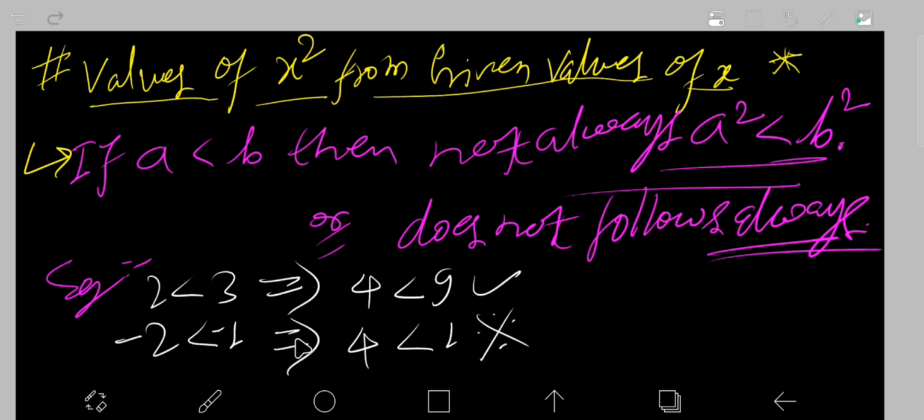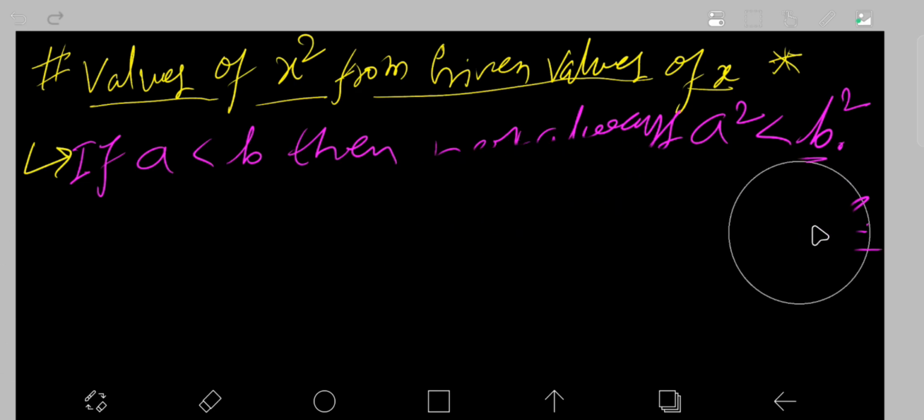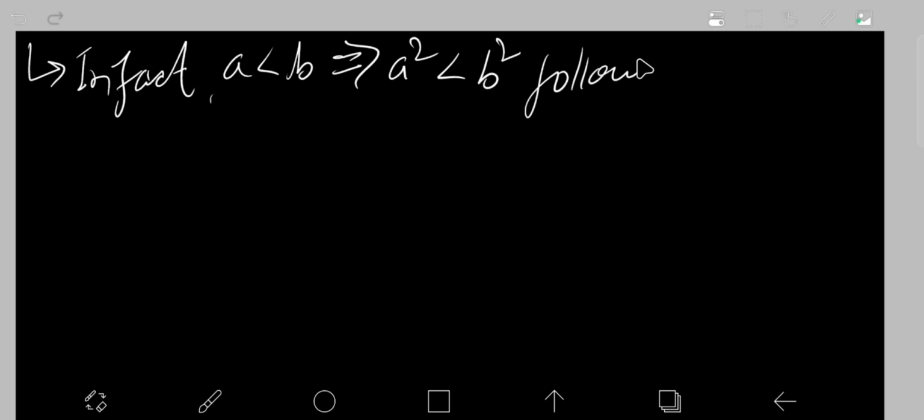In fact, here you write: a is less than b implies a square is less than b square. This follows only when the square follows, that is, only when